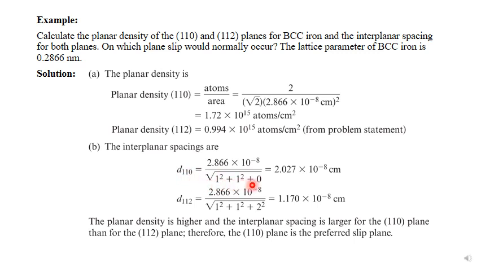So the squared indices of that plane is 1 squared plus 1 squared plus 0 squared. Again, interplanar spacing for any set of planes, just for cubic unit cell, equals the lattice parameter